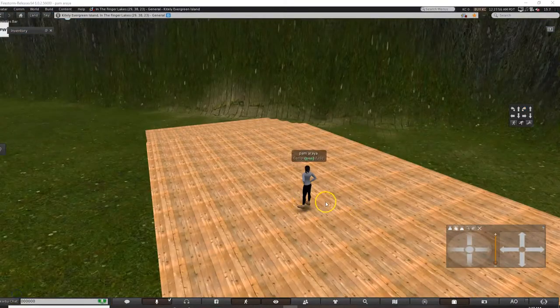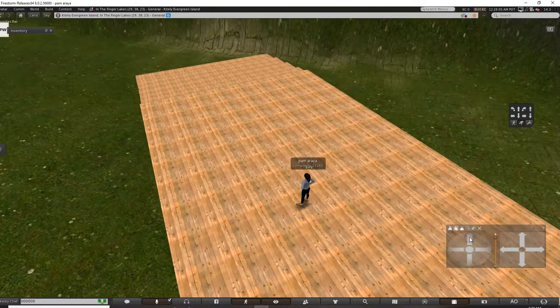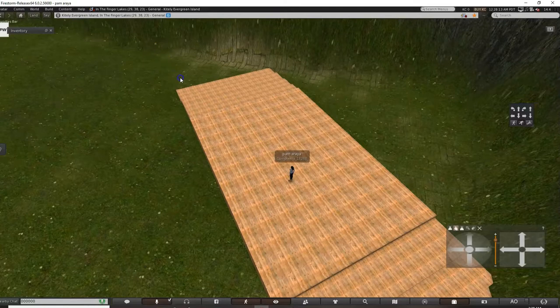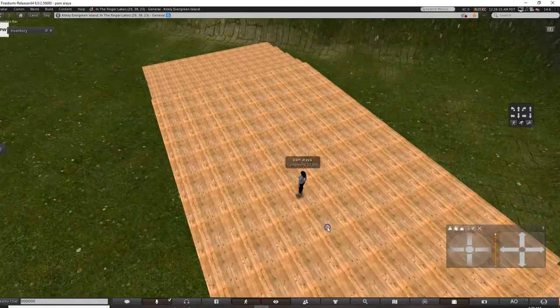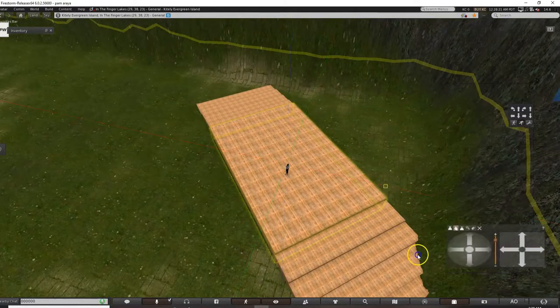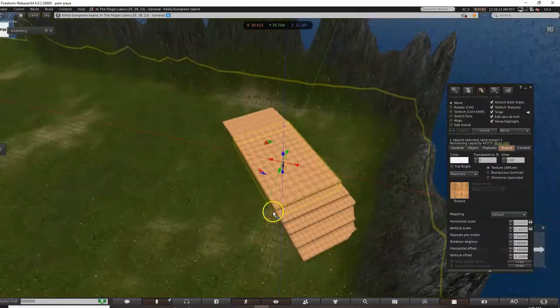Okay, so now that I know that the stairs work, probably the easiest way to work with this is going to be to link everything, all the pieces. So I'm going to grab this one that's already linked. I'm just going to click and drag. I should be able to if I get closer. I just click and drag all the pieces here, including these stairs down here.